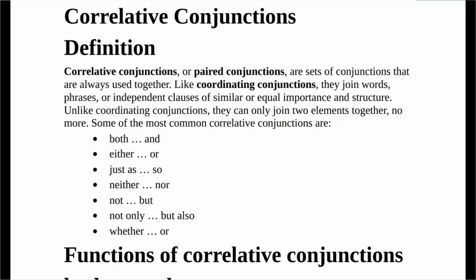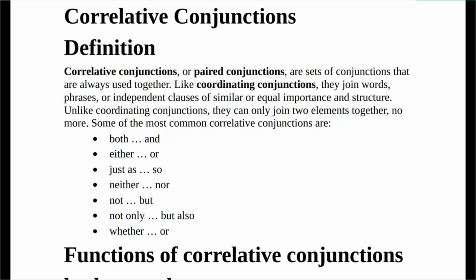Today we are talking about correlative conjunctions. Correlative conjunctions are also called pair conjunctions, and they are a set of conjunctions that are always used together. They correlate. And like coordinating conjunctions, they join words, phrases, or independent clauses of similar or equal importance and